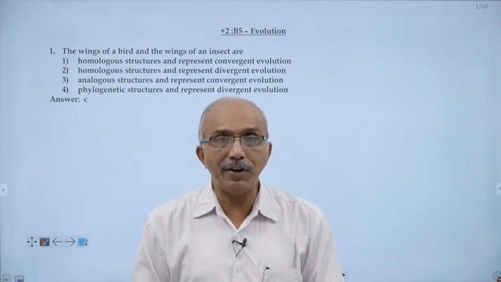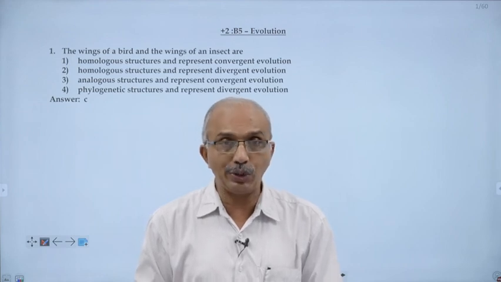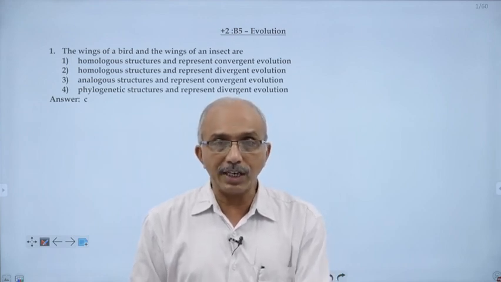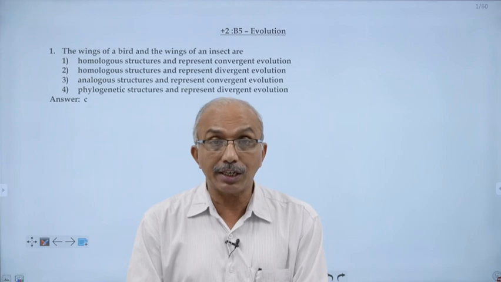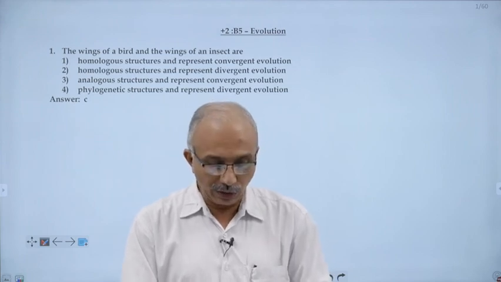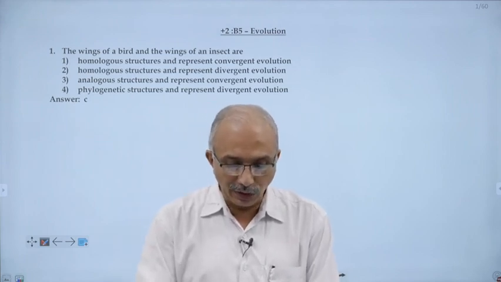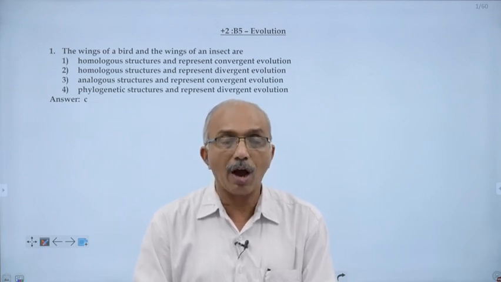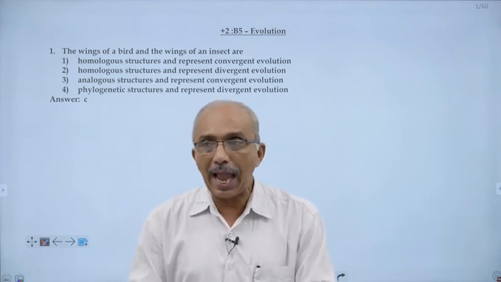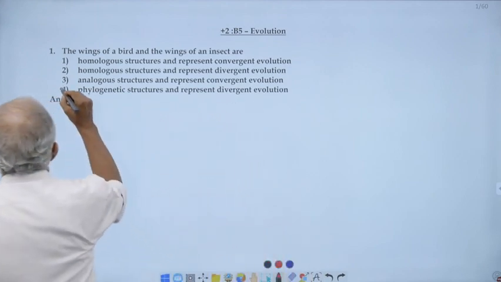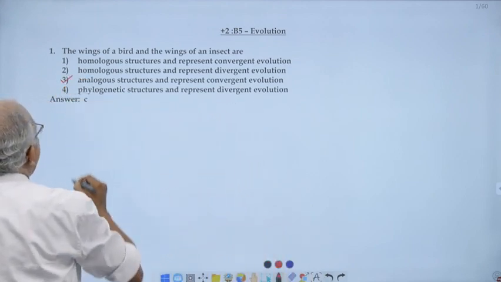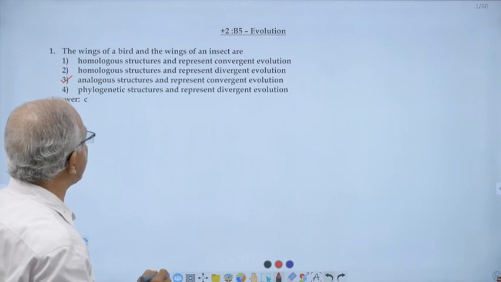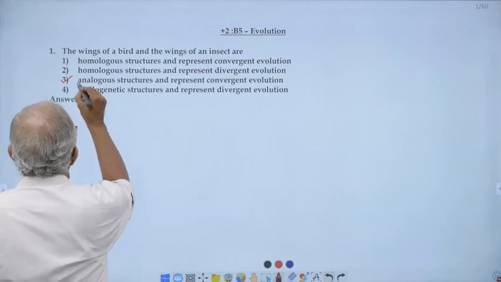In this session, we discuss chapter number 5, Evolution. We discuss selected 30 questions. First question: wings of a bird and wings of an insect are... The answer is they are analogous structures that represent